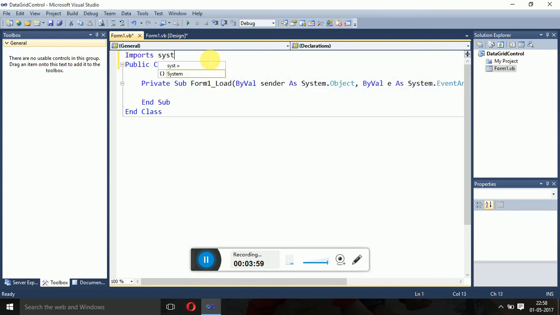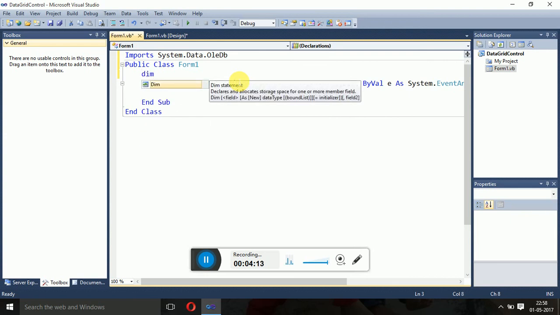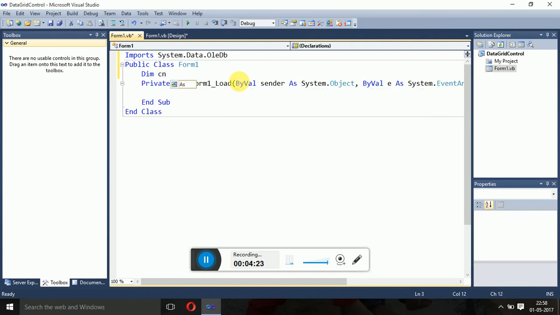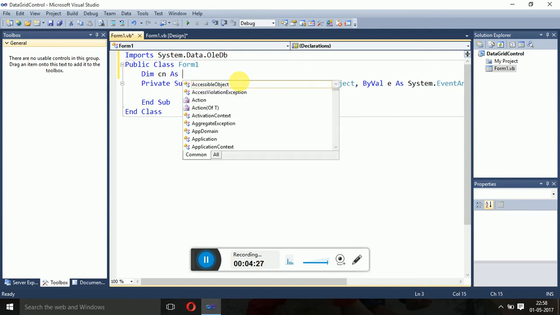System. This is basically a namespace that we have to use for database connectivity, because whenever we want to use some connection class, we have to use its namespace. So the namespace we have used is Imports System.Data.OleDb. Now we are making the object of the connection class: Dim cn As New